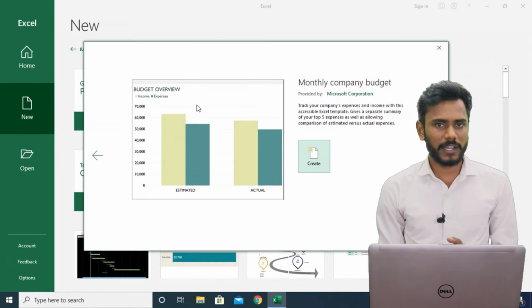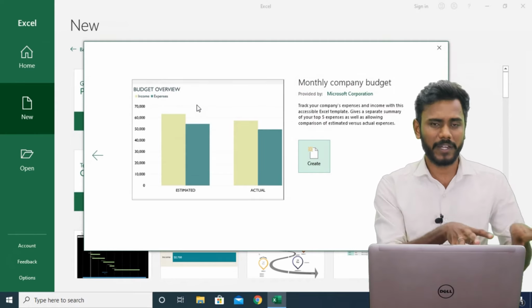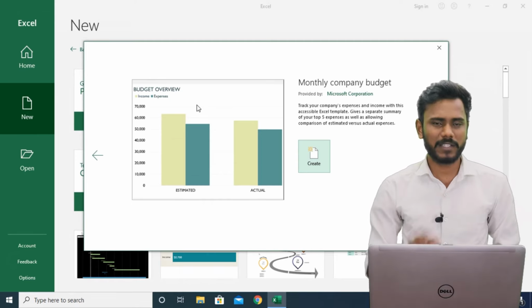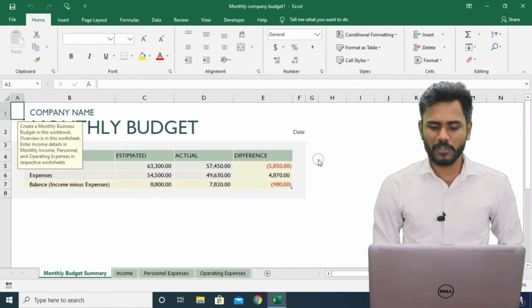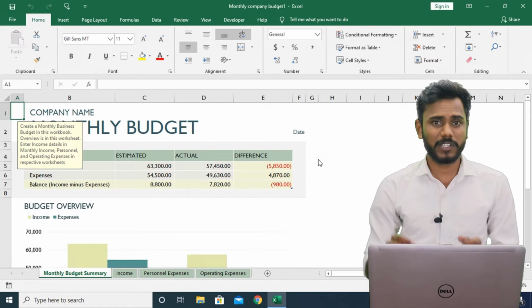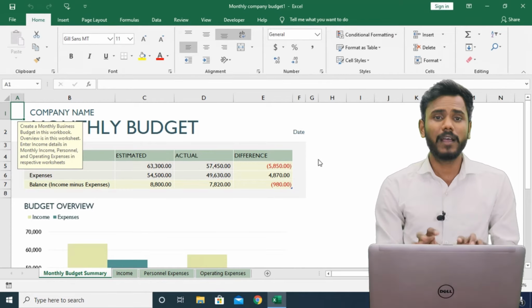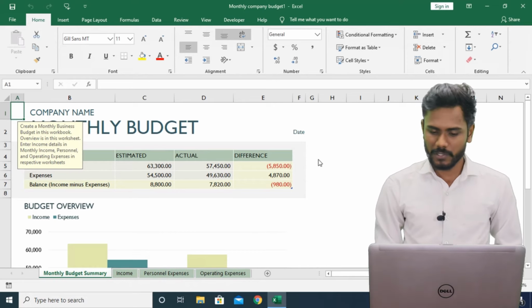You also can open a blank workbook and create tables, create data and insert a chart. It takes a longer time, right? If you want to create it in the fastest manner, simply click on more templates, search for your desired template name and click on create. When you click on create, the respective template is opened with pre-formatting. There you can filter the data, change your data and just get the results, right? So I'm also going to close this once again.